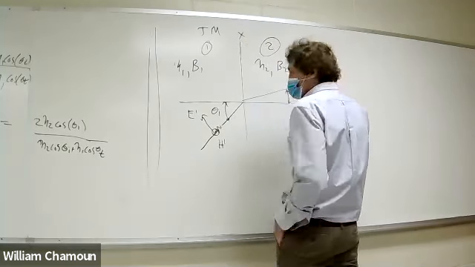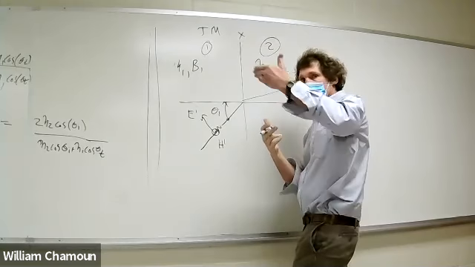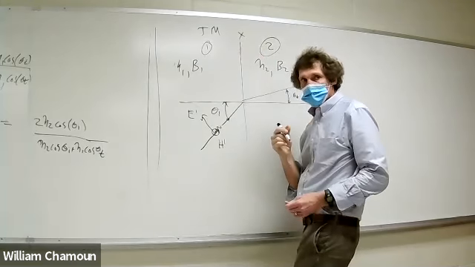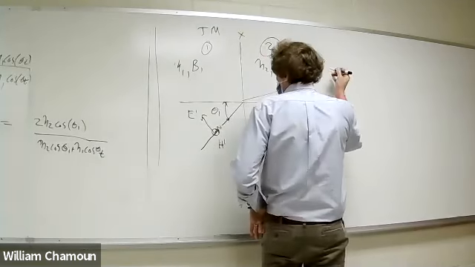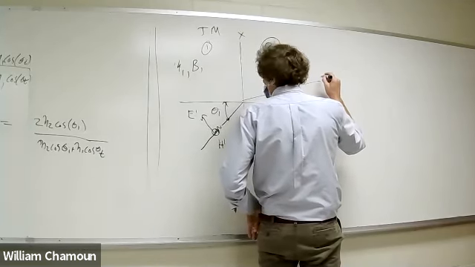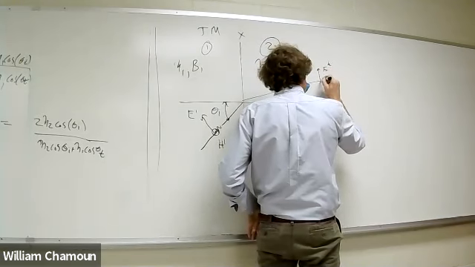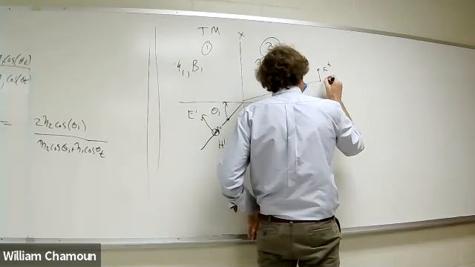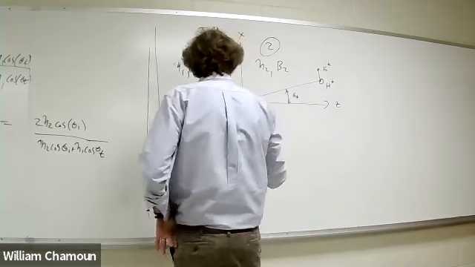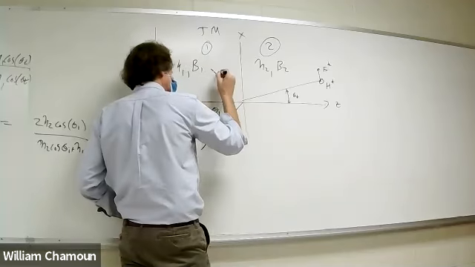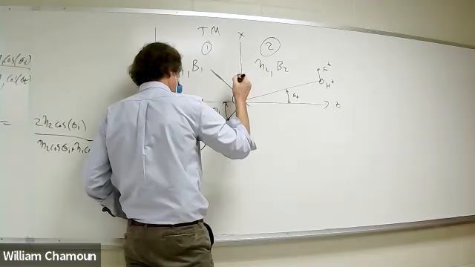And this is in your book, and it's also in the PowerPoint. If you don't want to write, if you open up the PowerPoints I gave you, you'll see this proof laid out bit by bit, with maybe even a little more information. Here, we're going to have a transmitted E field, and the H field is perpendicular. So it's H transmitted here. Then you're going to have a reflected wave. And here you're going to have